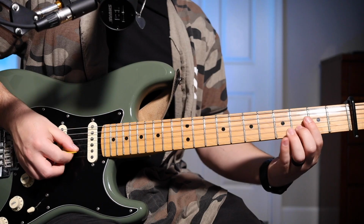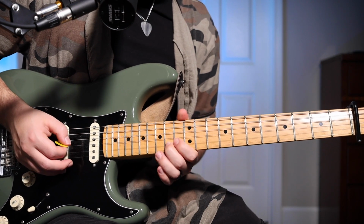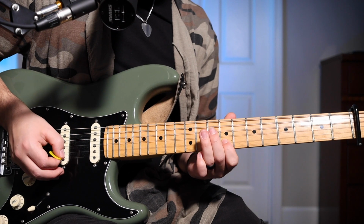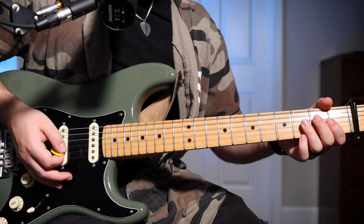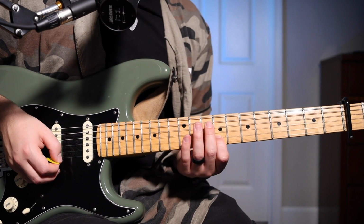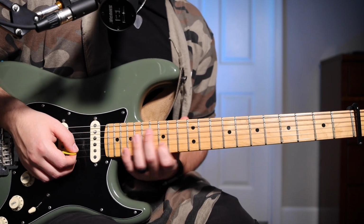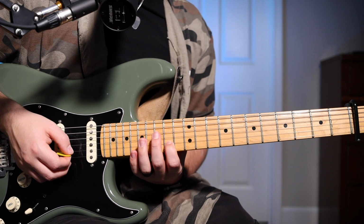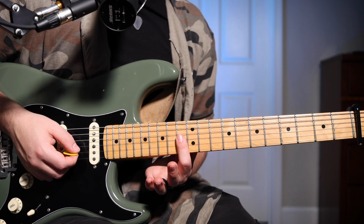So now we're in that main lead part, that guitar 1 part, and it sounds like this. It starts on the 4th fret B string, and then it slides up to the 9th fret B string, and then slide up to the 16th fret B string, down to the 14th, and then I bar back to that position here. I actually bar the 13th fret,